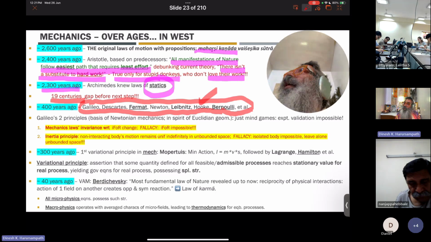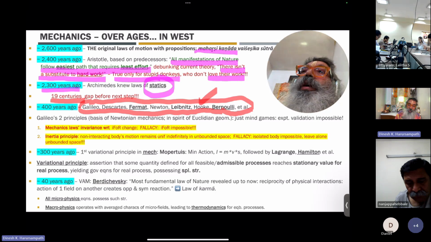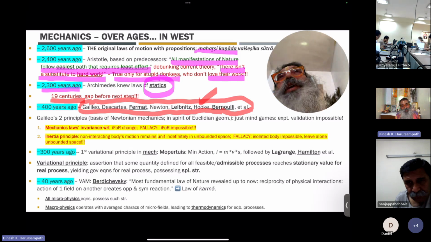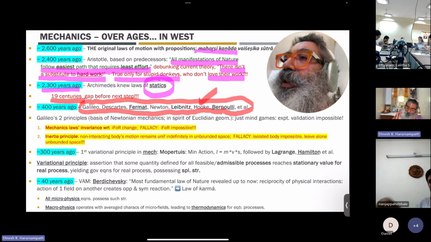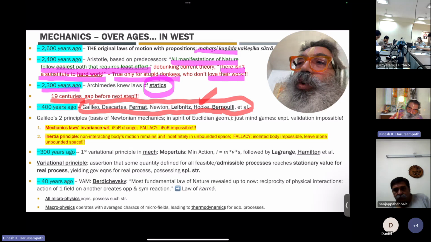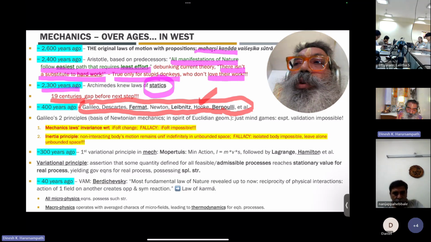Now, coming to the Galileo principles, there are two in number, and that was the basis for Newton, whatever he did in the Principia. And again, it's also in the spirit of Euclidean geometry. And one of my professors, actually a collaborator, but a little senior, somebody who came from Russia and settled in the US, who was a professor at Georgia Tech for a short while before he moved to a different university,